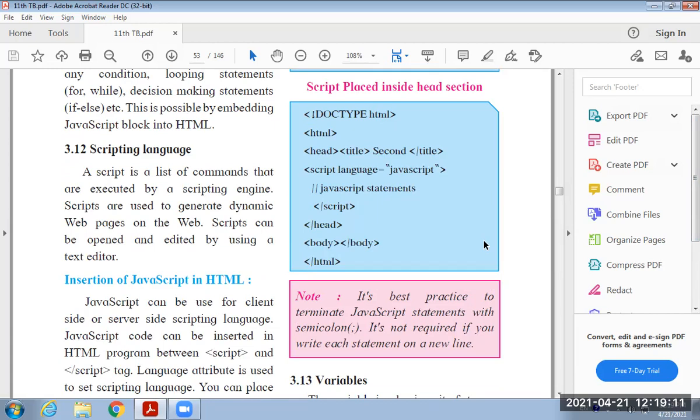That means under this script language, we are providing different commands, different conditions, and instructions that will be executed by the scripting engine. Scripts are used to generate dynamic web pages. Already in our first or second lecture, I told you that web pages are of two types, dynamic web pages and static web pages.